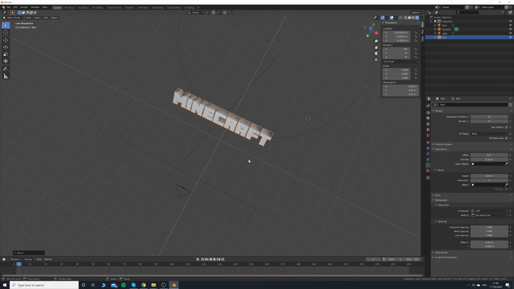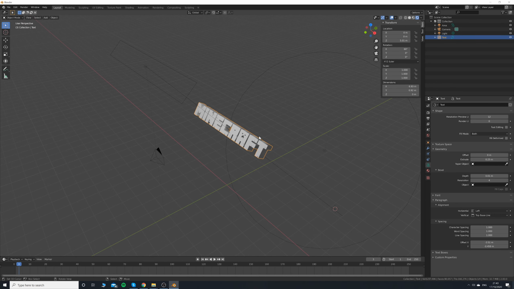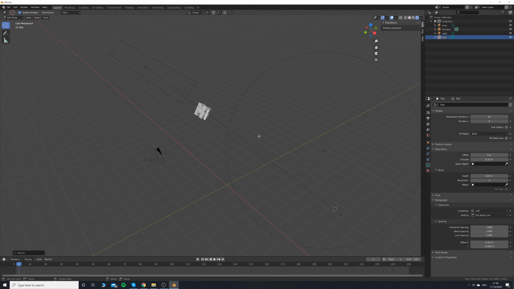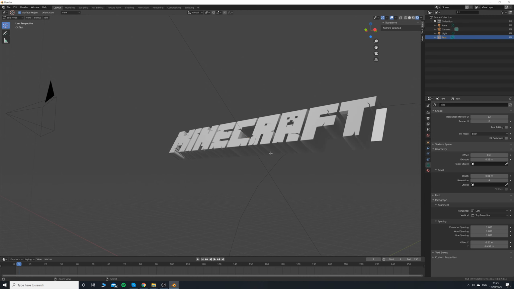Okay, now we've got the scene mostly ready, and you can see if you press down Tab you can change any text. So if you type, let's say John, it's going to change to John. So basically our template is almost ready. You just need to work a bit more on the scene. Let's type Minecraft back,